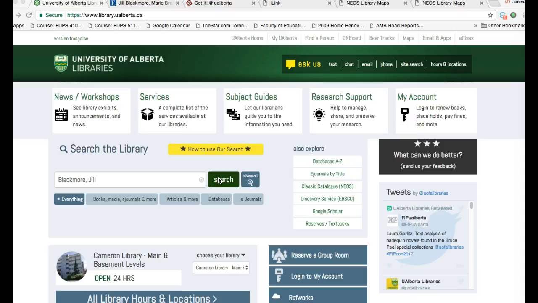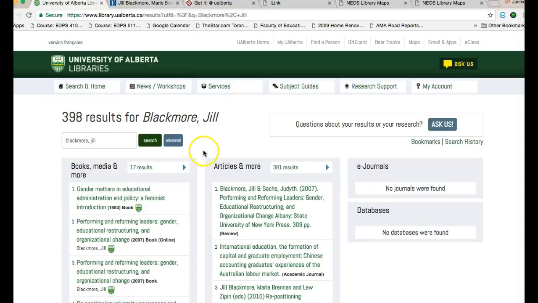Now, the way you'd probably be searching in the library is you'd be putting in a topic, or you might even put in the name of an article, or if you have an article that you're wondering whether it comes out of an academic journal or a professional journal, you can just put the name of the article here and then search, go into the search engine, and up will come the information that you're looking for. So in this case, I've put in Jill Blackmore, and let's hope that we get some results. They're a little slow today. Okay, so here we have then,